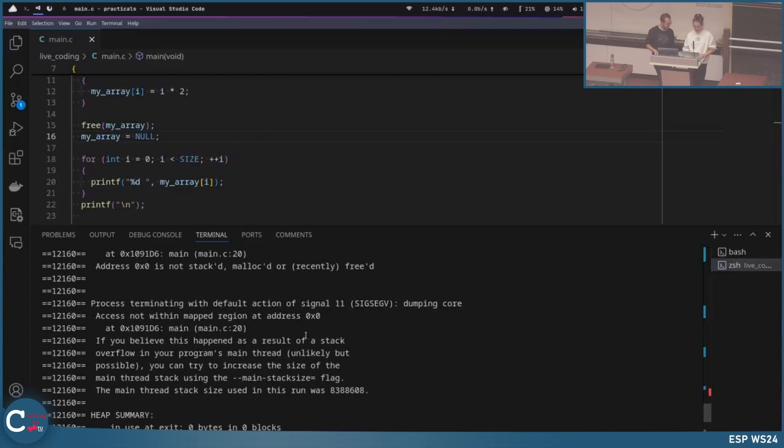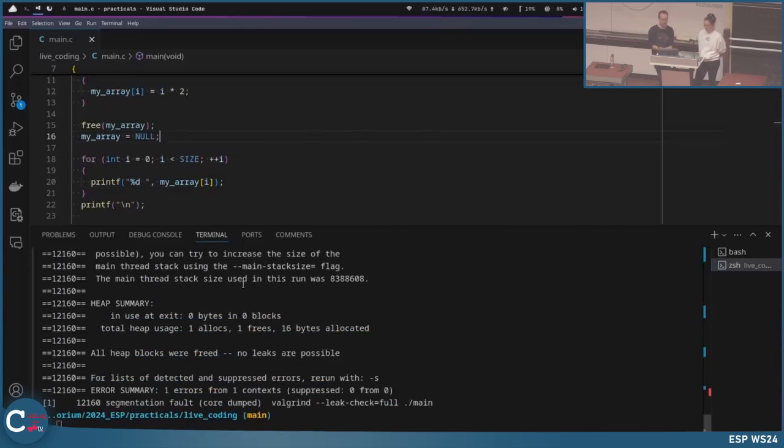If you start with Valgrind, it also tells you at line 20. So here, our program crashed. Why is this the case? Basically, my array is now null, and null is just the address 0. And if you want to dereference an address very close to 0, so 0 itself or 0 plus 1000 or something, there is really a protection mechanism that does not allow you to dereference such addresses,